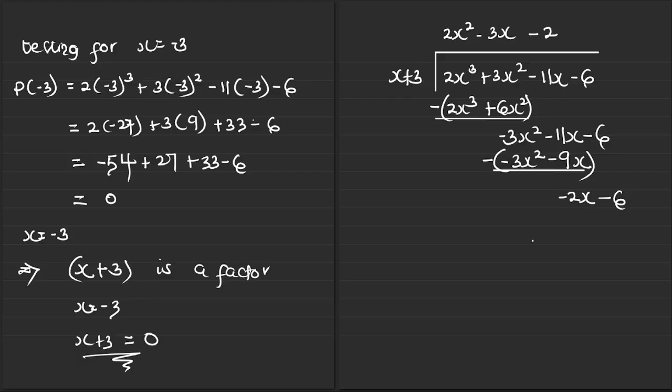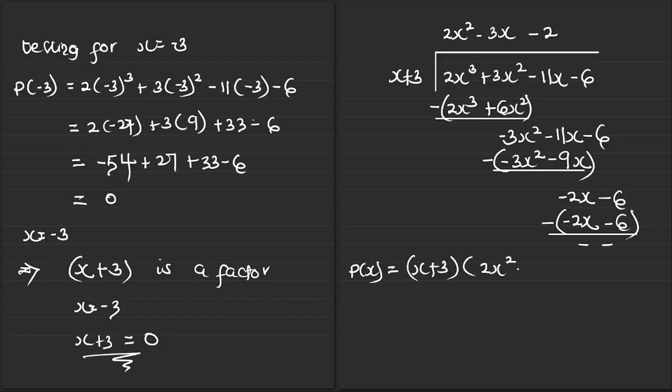So x times negative 2 gives us a negative 2x. Then 3 times negative 2 gives us a negative 6. We do our subtraction and you realize that there will be nothing left. Hence, our polynomial p of x can then be rewritten as this factor we have here, that is x plus 3 times the quotient, which is the depressed polynomial,